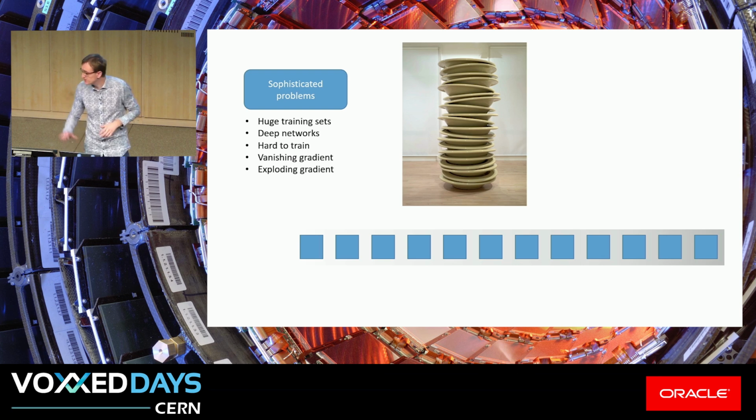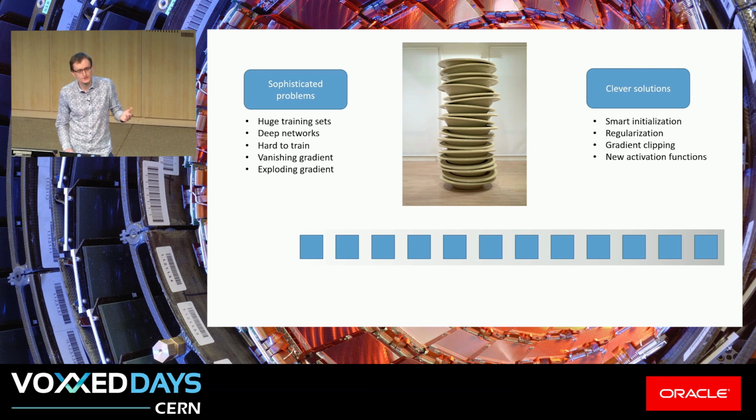It can vanish or it can explode. And as this field of science evolves, new ways to solve these problems rise from traditional techniques like smart initialization of weights, regularization, gradient clipping, and design of new activation functions, up to solutions that are so clever that you have thrills when you read a scientific paper, like